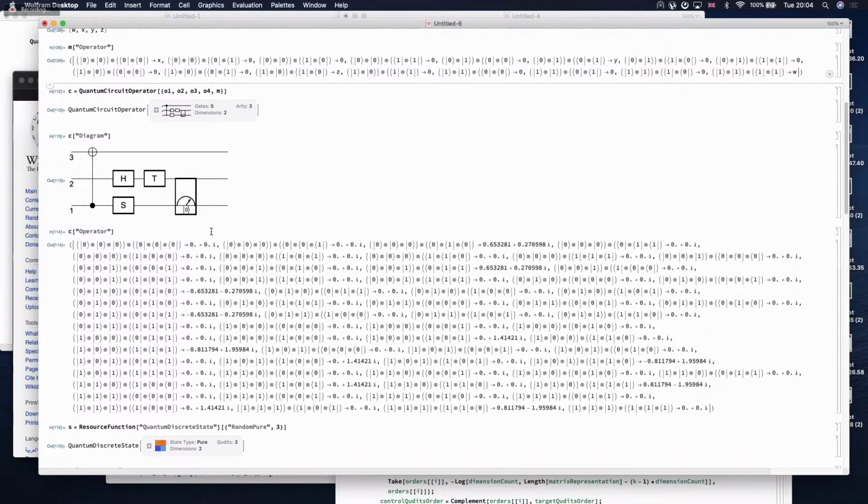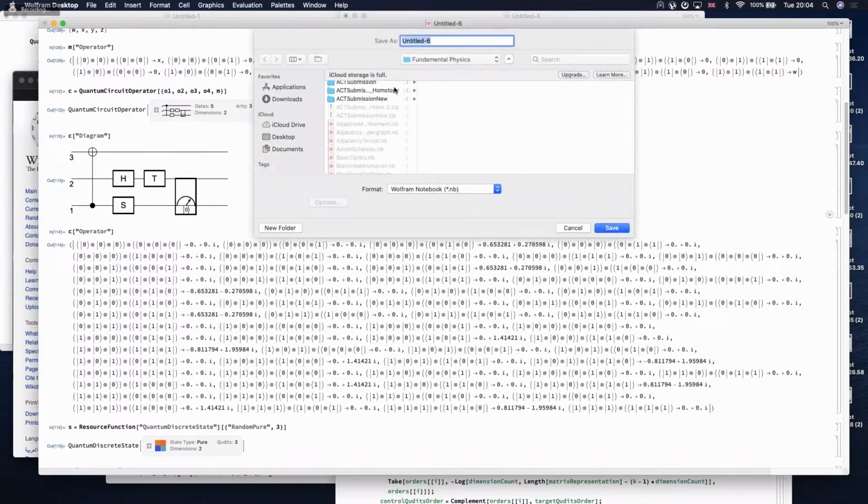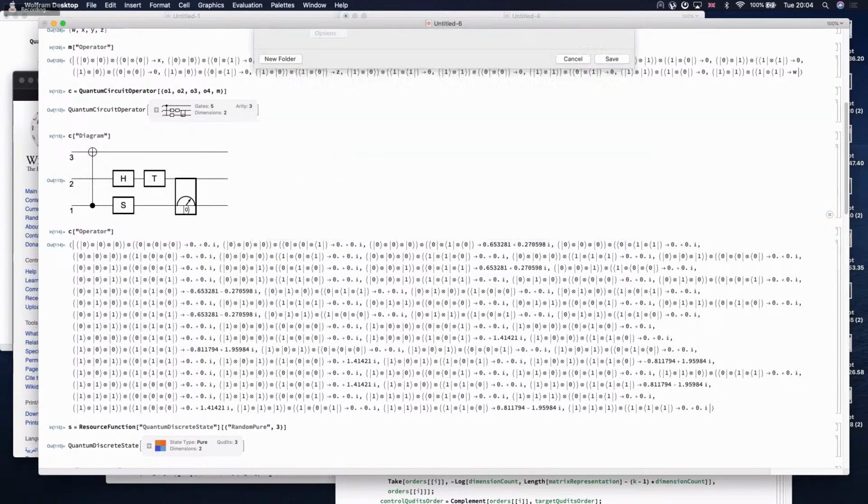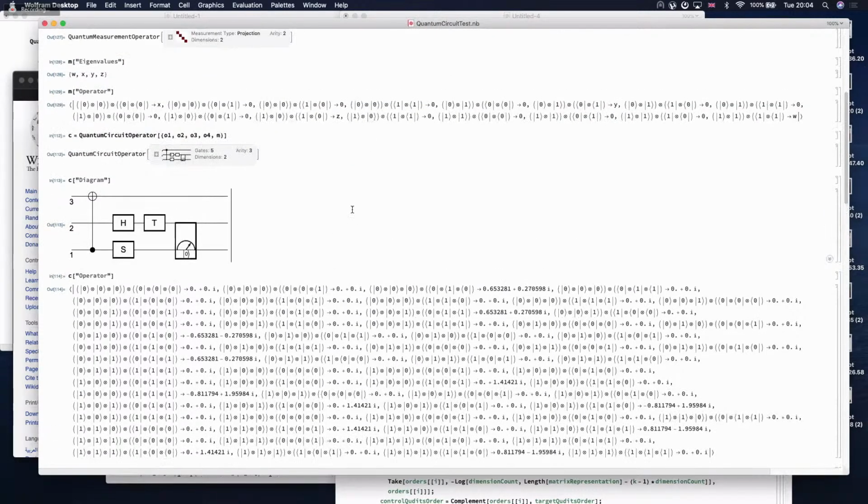Okay, so let's, by the way, save your notebook, Jonathan, before you lose all the stuff. And we could put it in the publicly shared, well, go ahead, quantum circuit test 01 or something. Yeah, whatever you call it. Okay, so